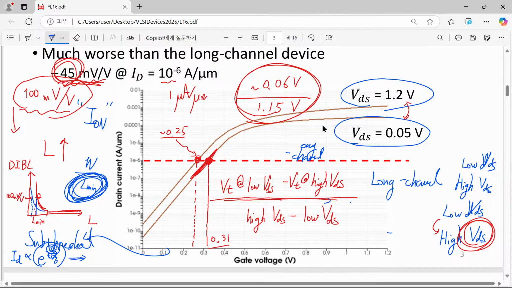The problem is, this DIBL really depends on the bias condition. If it were bias independent, then with this reduced threshold voltage, maybe we could play with it. But the point is, this transistor is not solely determined by gate voltage, but drain voltage also makes a certain contribution. That is quite a bad thing. And another thing is,